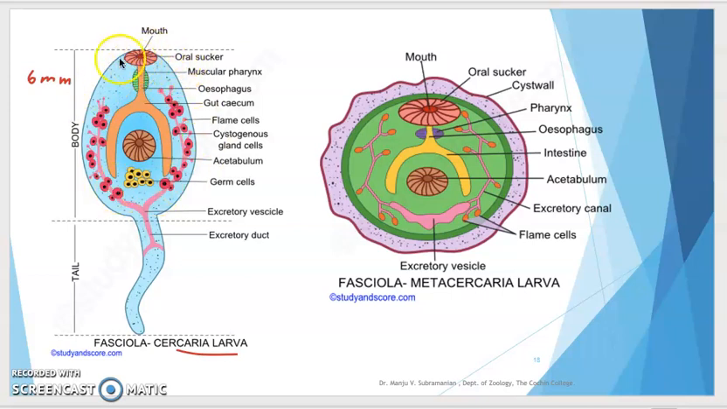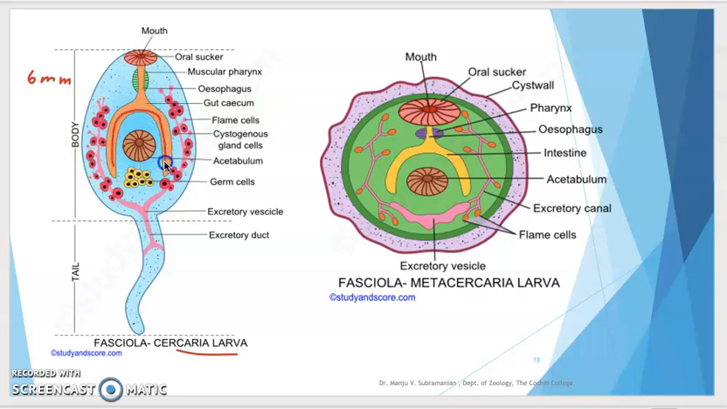So the body of this Cercaria larvae is covered with a spiny cuticle below which there are the muscles and the mesenchyme cells, and it has two suckers, one on the anterior region, that is the oral sucker, and on the ventral side you can see a ventral sucker or the acetabulum. Then the alimentary canal is very simple. It consists of a mouth. At the center of the oral sucker there is an opening called the mouth, which leads into the muscular pharynx, which is followed by the esophagus and a U-shaped